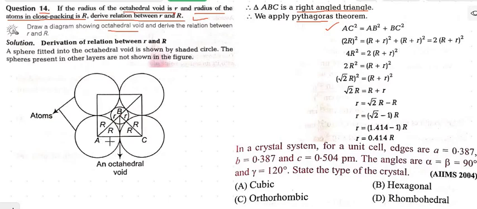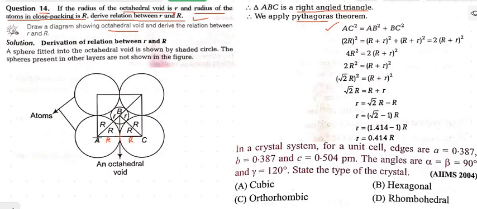Now when you are talking about this distance from the surface, this becomes R, and similarly this becomes R. So if you are talking about AC, this becomes R and R, that is 2R. I hope you are clear how this 2R has come. So it becomes 2R whole square, and similarly because this is an octahedral void, and the octahedral void has radius equals to small r. Am I right?